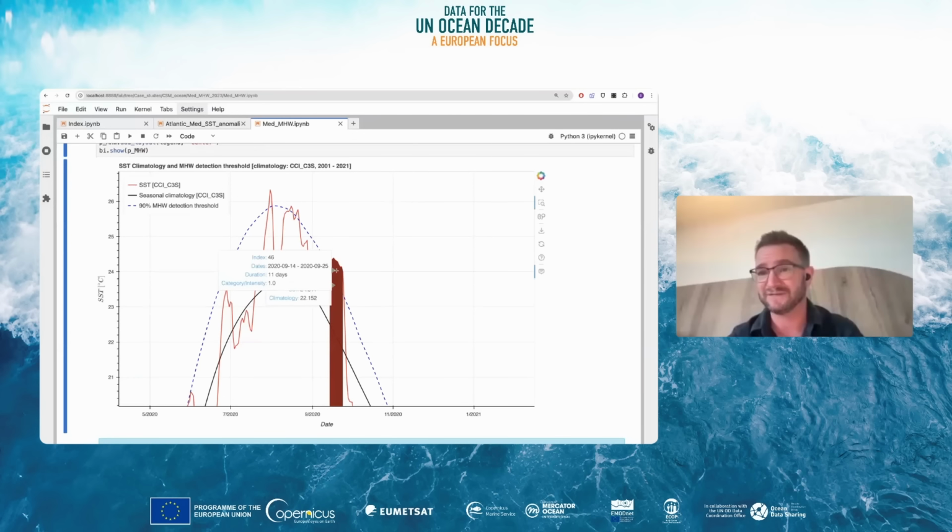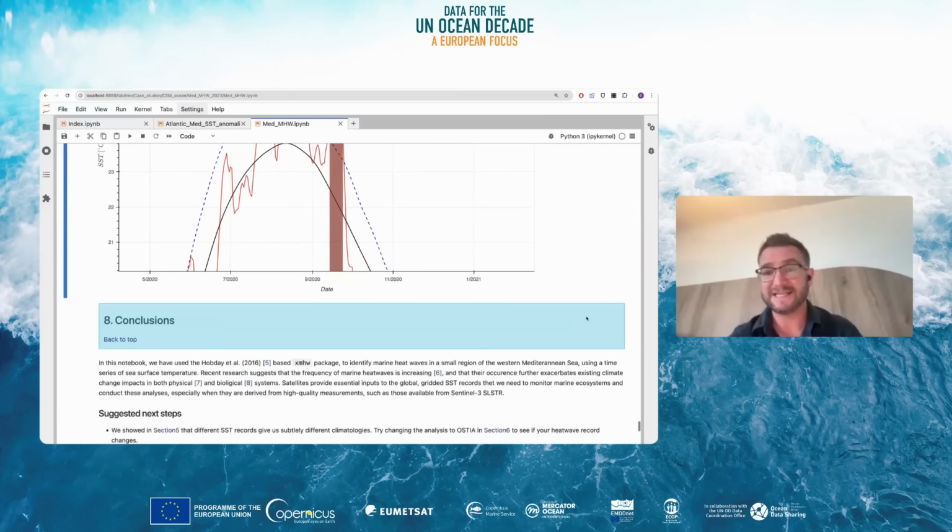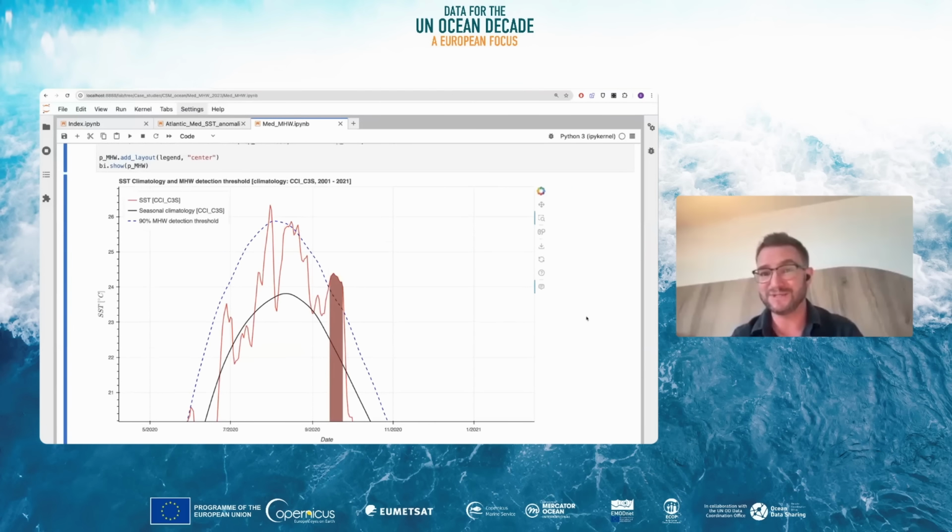But if you look at different areas, you will find heat waves of categories 3, 4, 5 at various places in the record. And we can actually submit any sea surface temperature data set, provided it is appropriate for the time period in the region, to this notebook's analysis. So you should be able to customize it as you see fit for whatever kind of area and time you're particularly interested in. I have deliberately in this analysis restrained it to only use data up to 2021, which is the end of the climate data set.